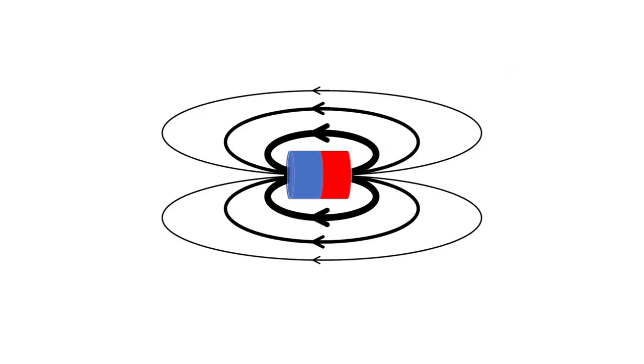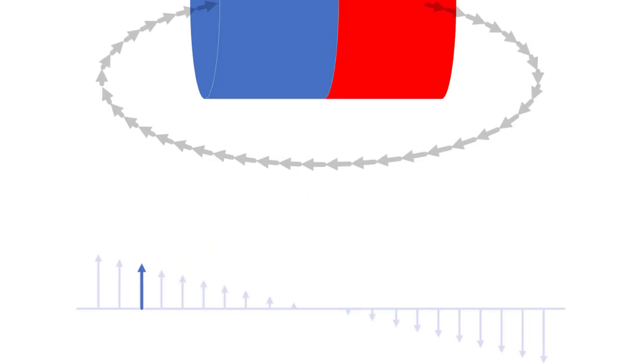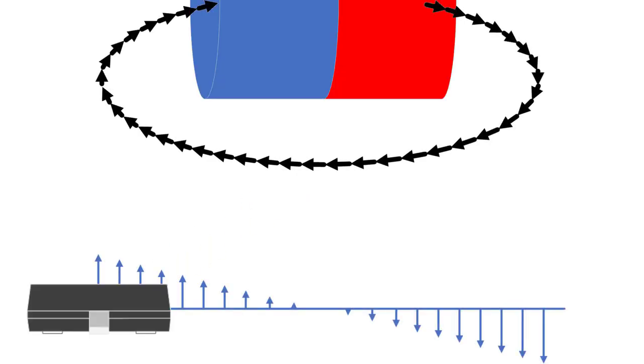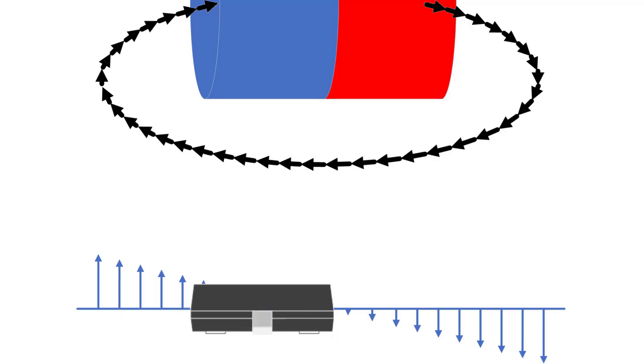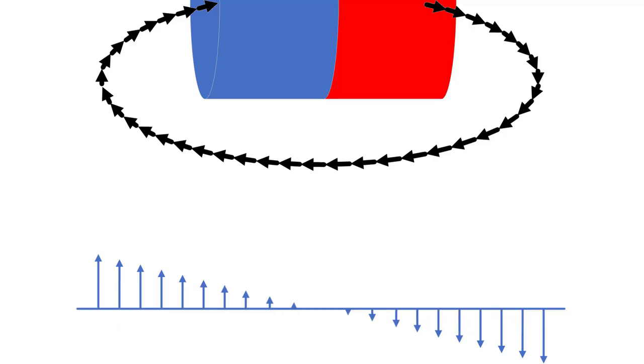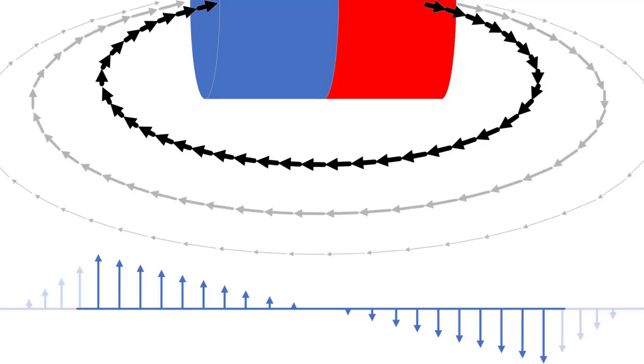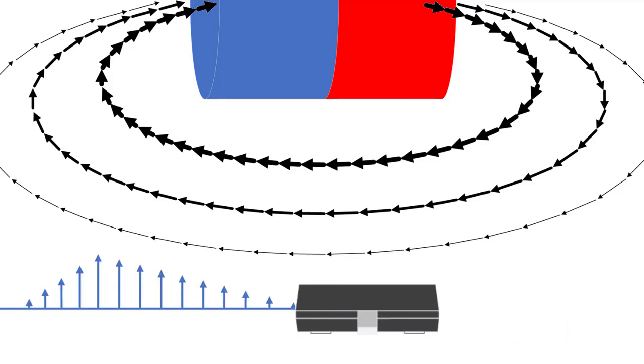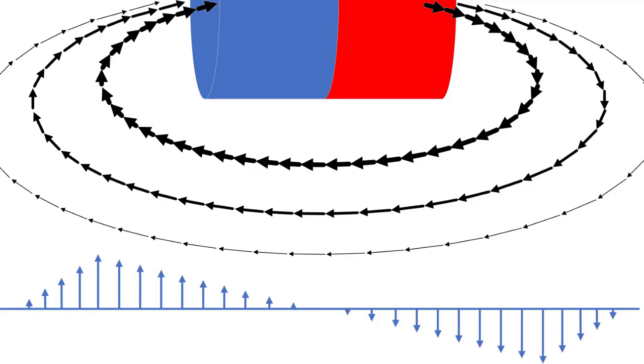If we focus on a single flux line, we can see that it can be discretized into smaller vectors. Subsequently, by focusing on the vertical portion of the flux vector, we can extrapolate the vertical component at different locations from the magnet. Expanding the initial generalization, we can also extrapolate how weaker flux lines contribute to flux measurements at further locations.